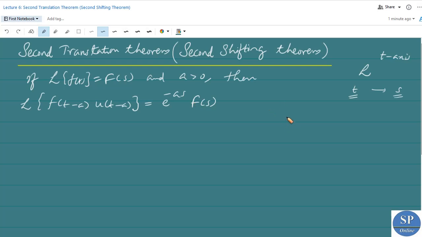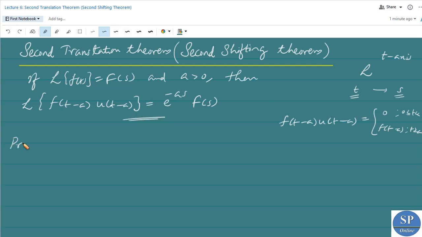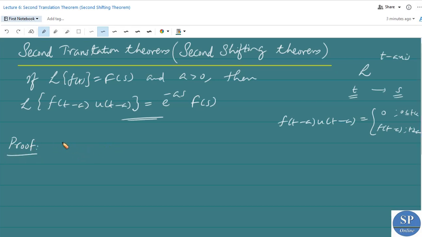We know f of t minus a into u of t minus a is nothing but 0 when 0 is less than or equal to t less than a, and it is f of t minus a for t greater than or equal to a. This is the second shifting theorem or second translation theorem. To prove this, we can use the definition of the Laplace transform. We have, by the definition of the Laplace transform,